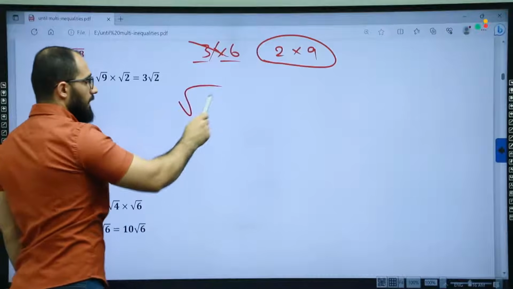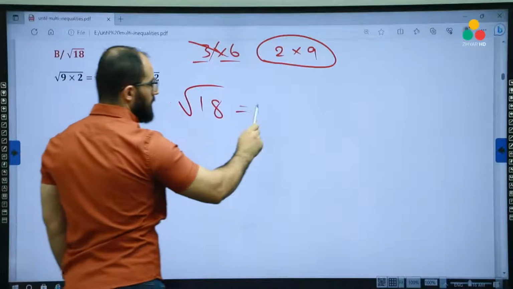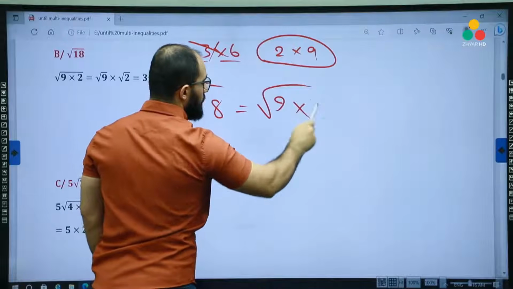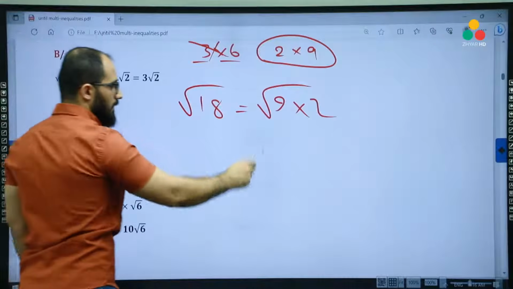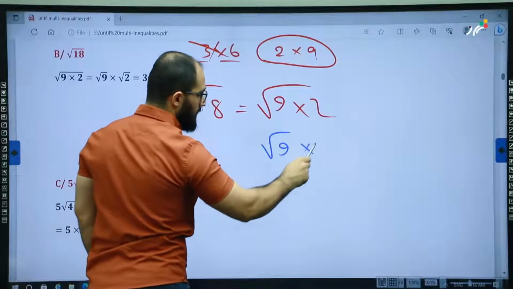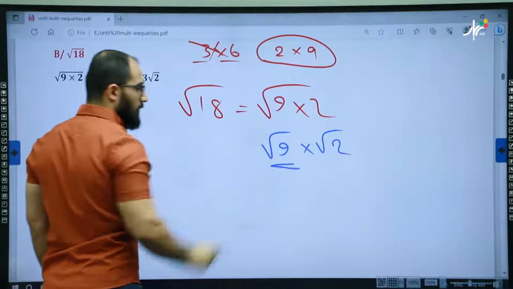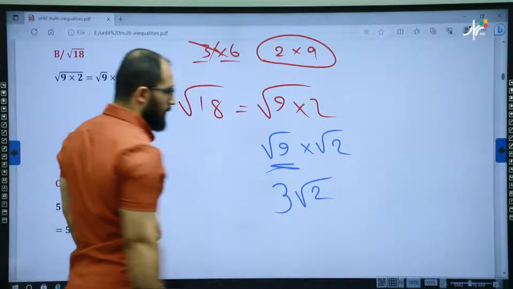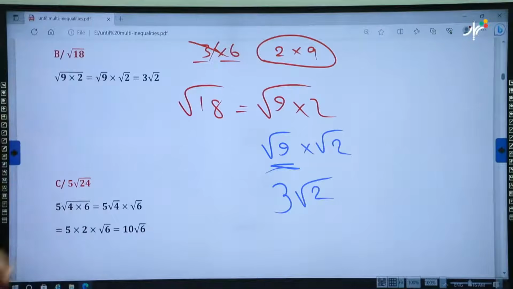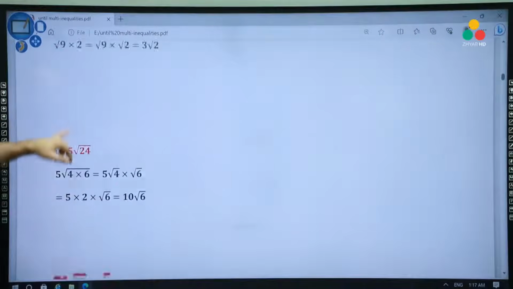Then the square root of 18, we can write 9 times 2. Then, by the rule, it's going to be the square root of 9 times the square root of 2. The square root of 9 is 3, so 3 square root of 2. This is the solution. Later we have